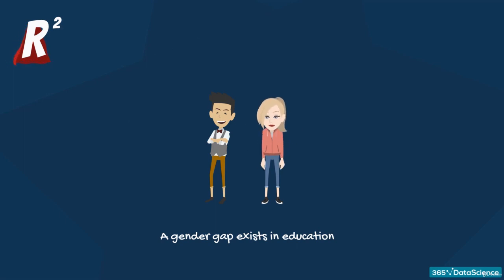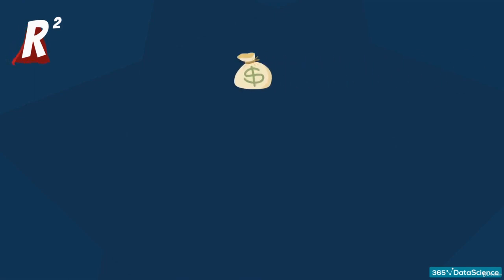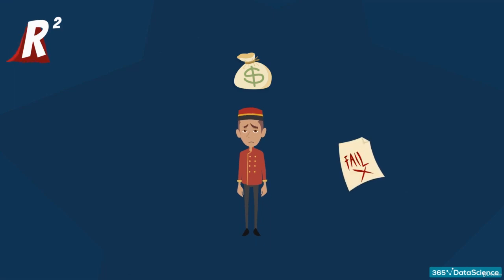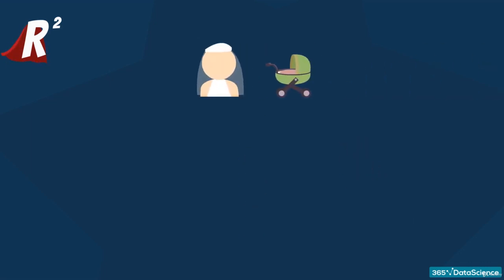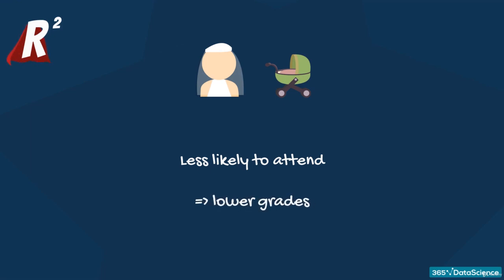The second factor we pointed out is income. If your household income is low, you are more likely to get a part-time job. Thus, you'll have less time for studying and probably get lower grades. If you've ever been to college, you will surely remember a friend who underperformed because of this reason. Third, if you get married and have a child, you'll definitely have a lower attendance. Contrary to what most students think when in college, attendance is a significant factor for your GPA. You may think your time is better spent when skipping a lecture, but your GPA begs to differ.